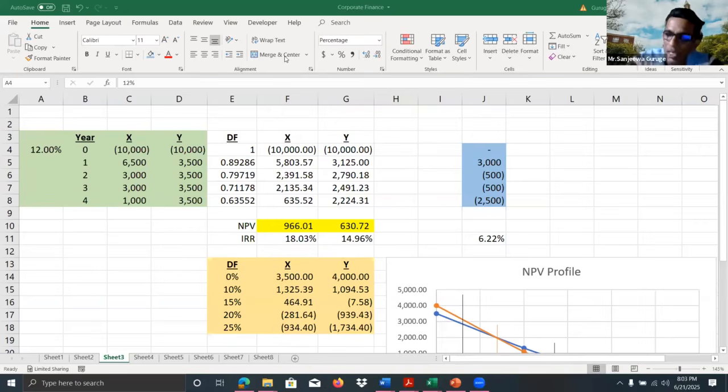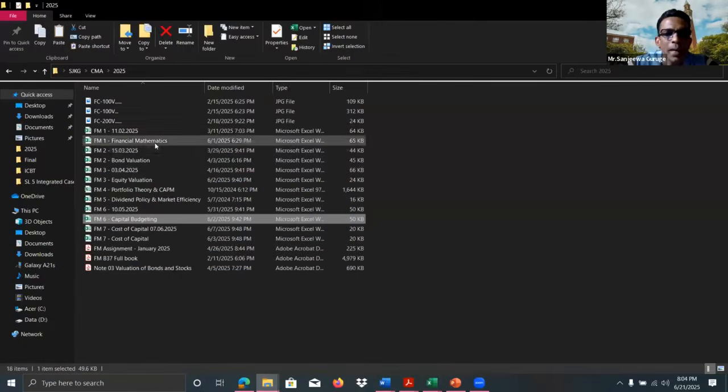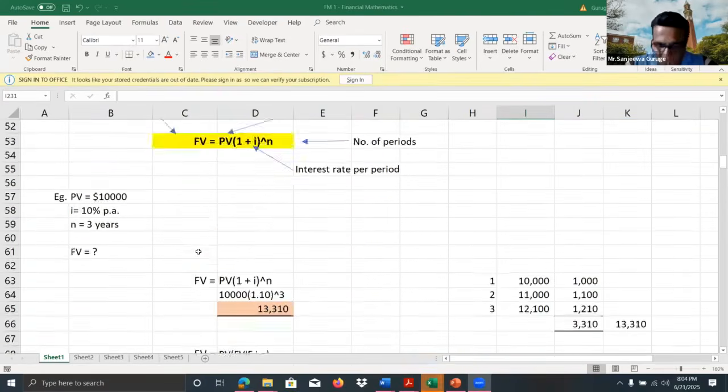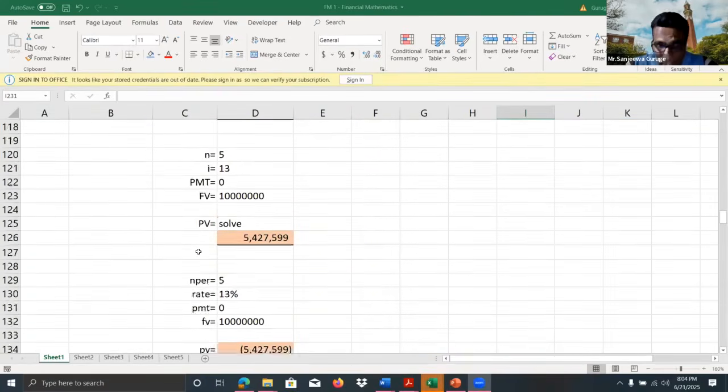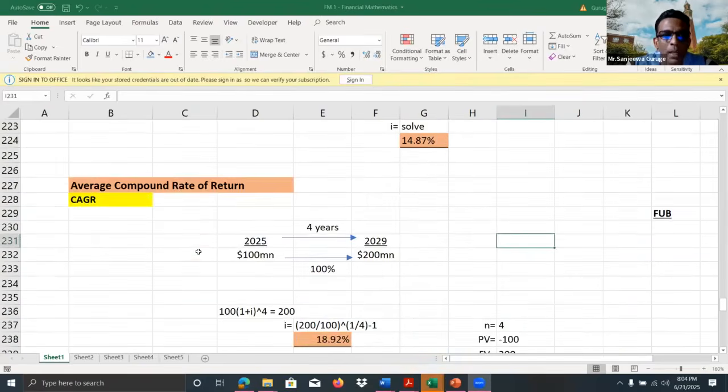And you know how to convert a nominal interest rate to a real interest rate, or real to nominal, right? What is the formula you use? Very famous, right? The formula that is used to convert a nominal rate to real or a real rate to nominal. Yeah, the Fisher formula. That's correct, right? Using the Fisher formula, it's possible to adjust for inflation, which is a very important part.